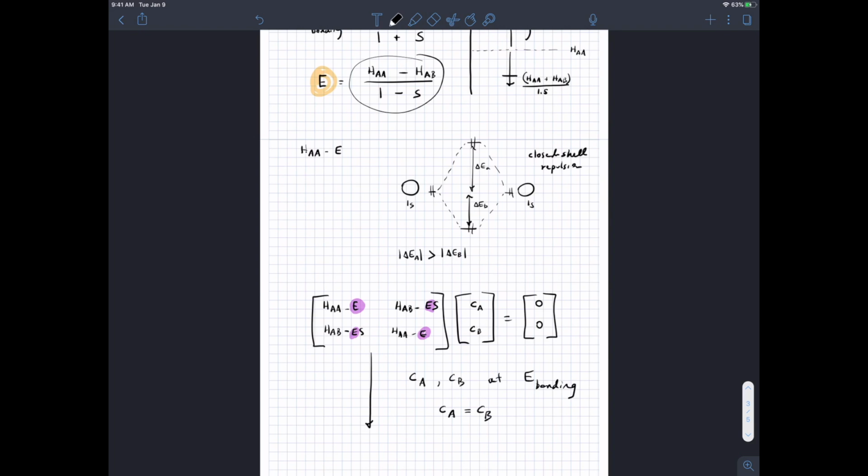The coefficients are the same. Well, that's sort of a trivial result, which we probably could have predicted from the beginning. The two atoms are the same. They have equal energy. So when they form a bonding orbital, it ought to be evenly between the two atoms. And at E antibonding, we come up with the conclusion that the coefficients have opposite sign in the antibonding orbital. So for our bonding orbital,